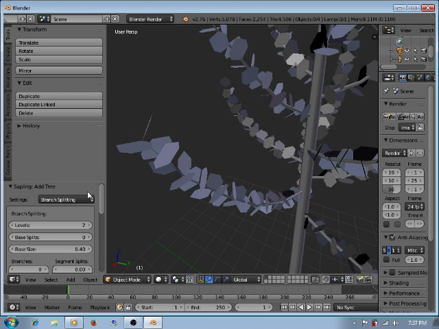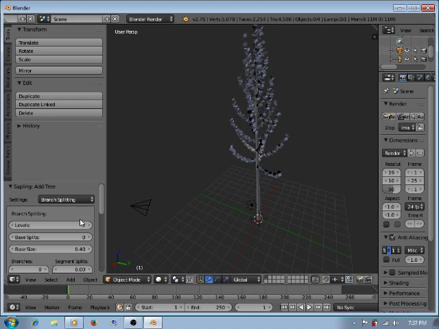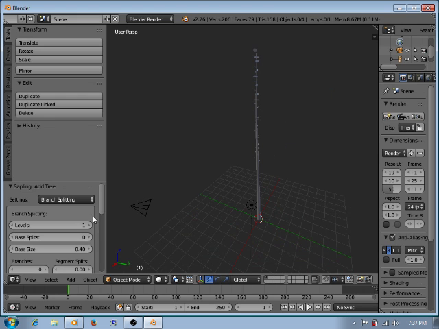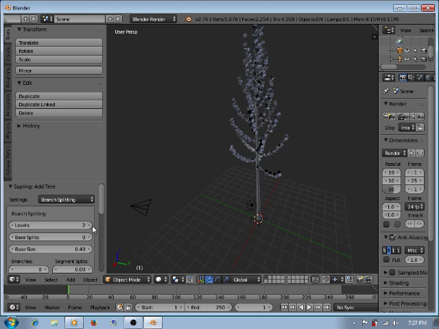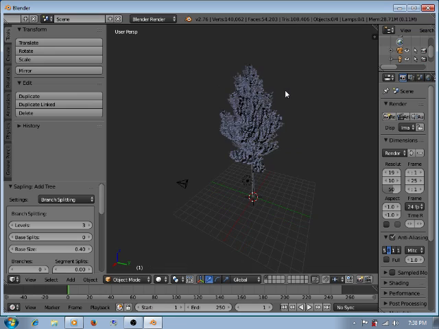Let's go to branch splitting. So I have one split, so it's just one of that. You can go up to 3. Oh no, yes, that's what's going to make Blender run slower. How about we do this one? So that's a monstrous tree.